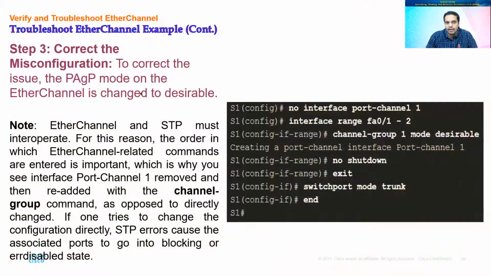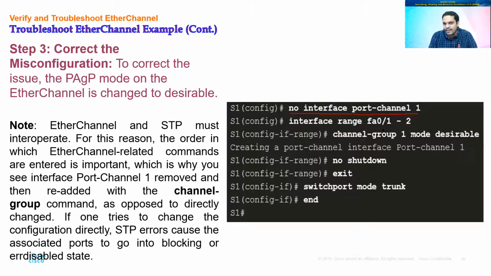Now the next step will be to correct your misconfigurations. So on S1, I want to change the mode of your port channel. But please remember that before you apply any of these new configurations, first you have to remove the existing port channel. So: no interface port-channel 1. First, you need to type this command, because we are actually working with STP. If you don't do this and if you simply change it, it will not work properly. So for STP to work in parallel and make sure it does the loop prevention, first remove the port channel that has already been configured, and then once again start doing it.